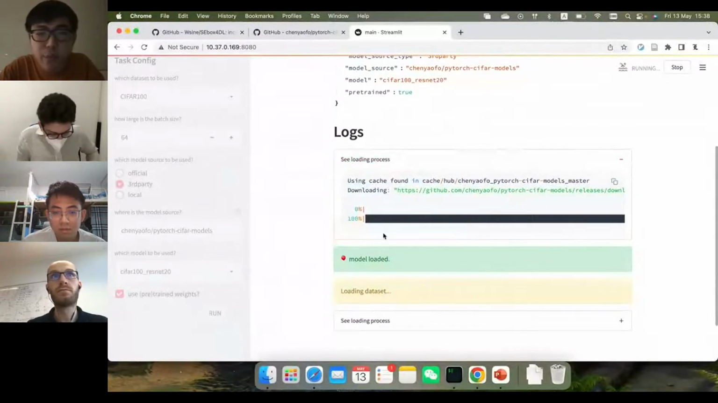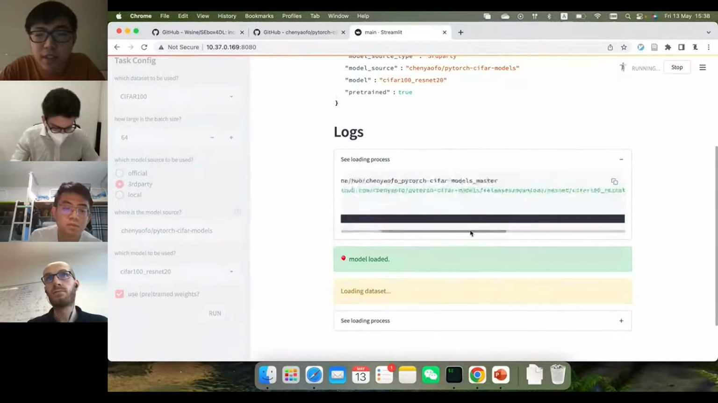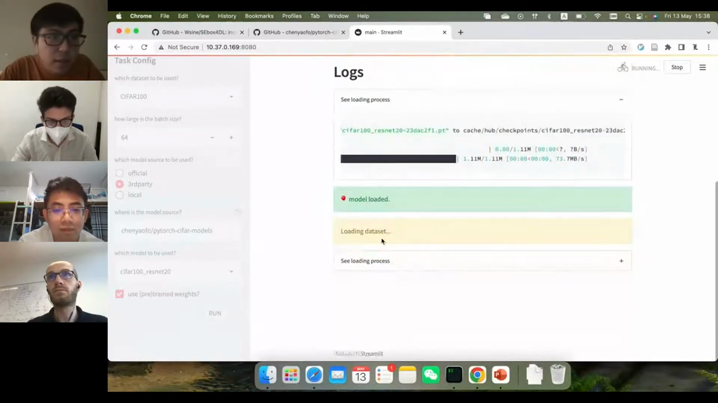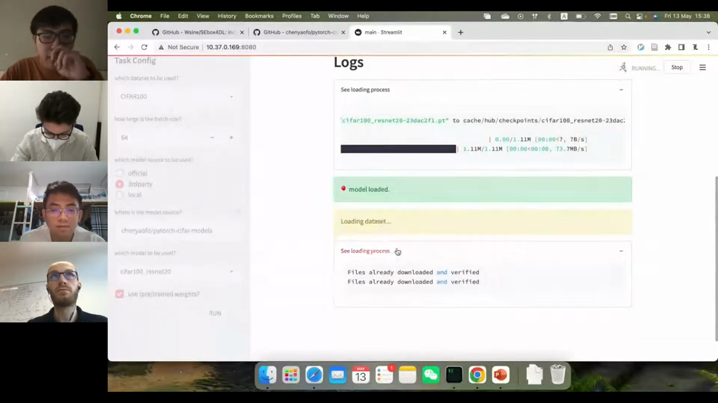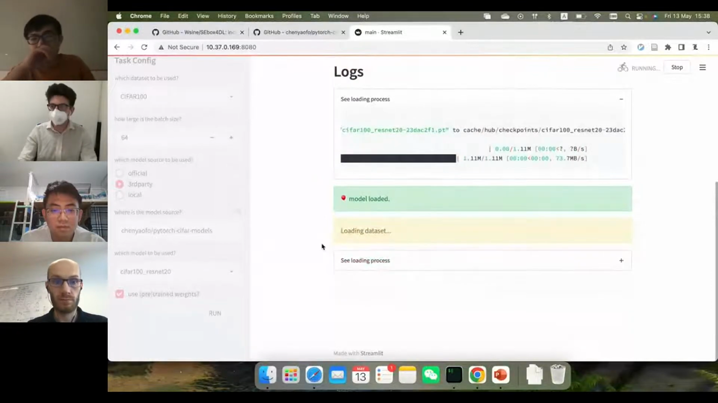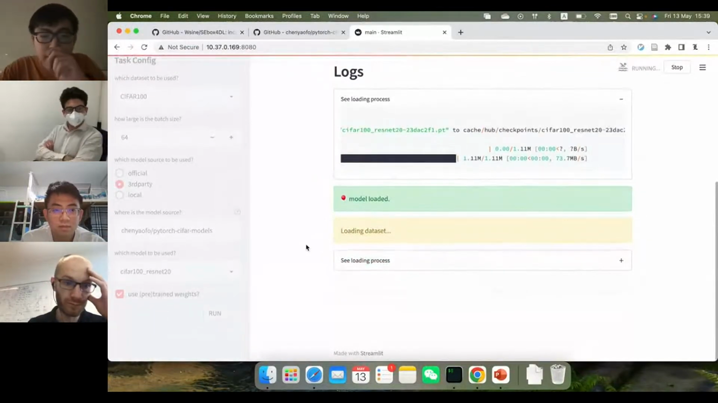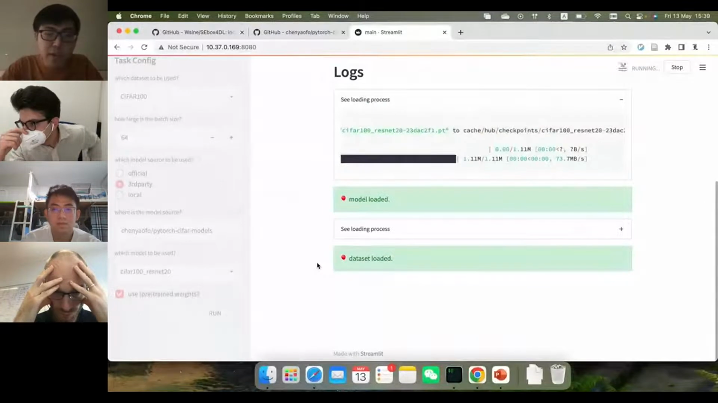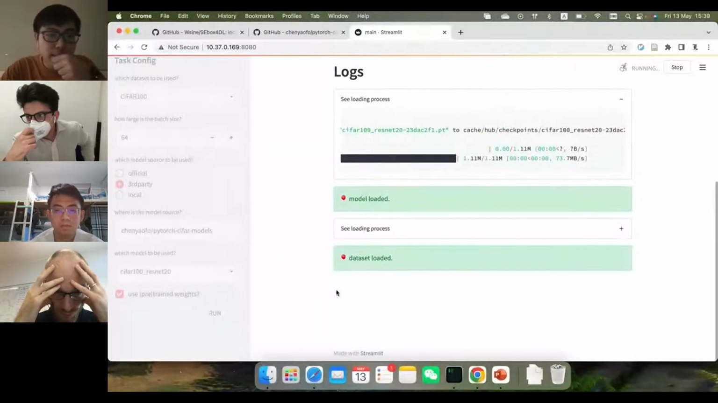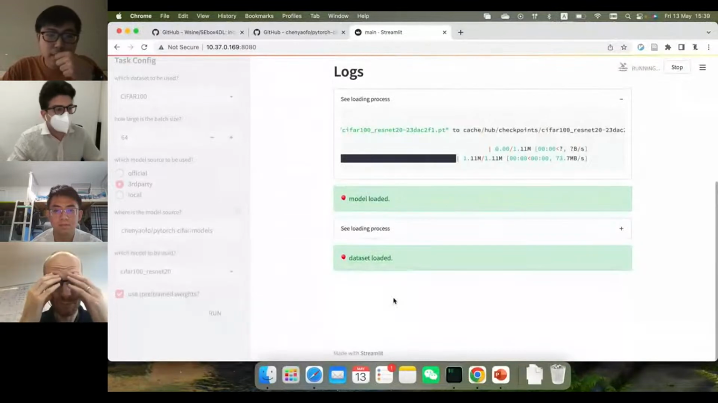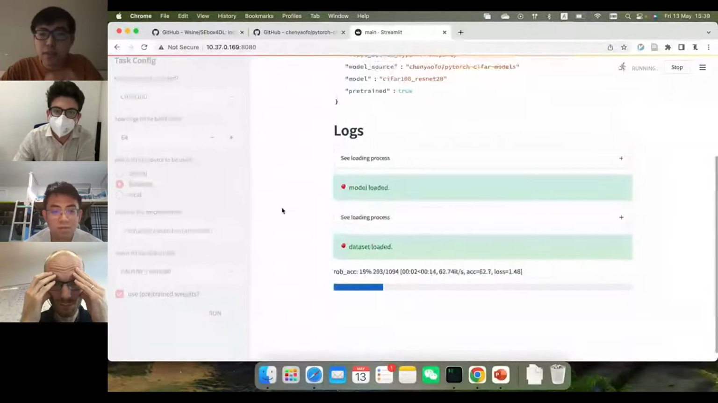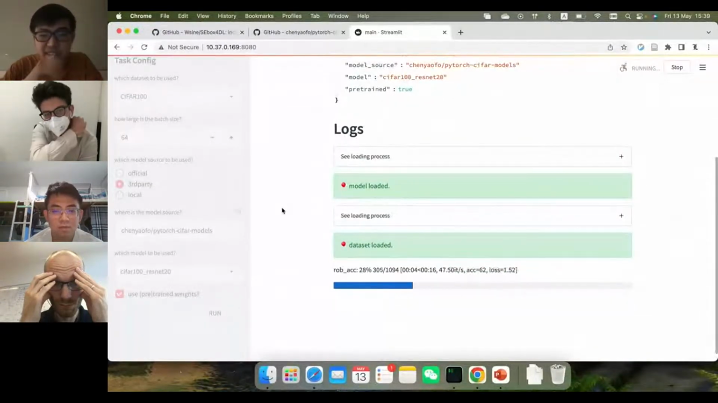You can see that it will automatically fetch it from GitHub, as well as its weights, so that in loading the dataset, this may consume some time. And after that, there will be some progress bar to show the current progress. I think the server is being used by my classmates, so